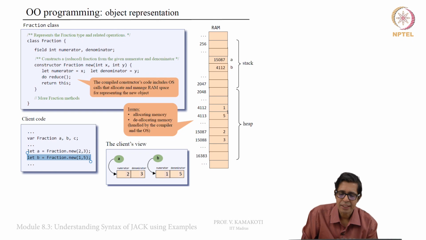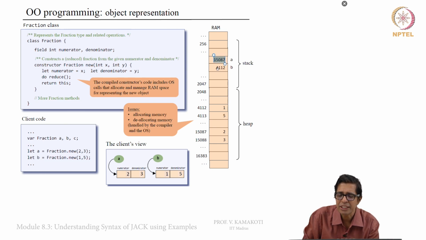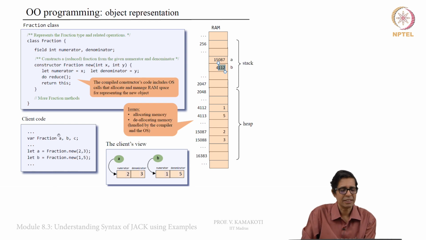Right. And then the moment we say fraction, the moment the compiler encounters a, b and c, immediately for a, so in this case a and b for example to start with, the a and b are allocated a space in the stack and nothing is initialized here. So these things will not be initialized. The moment it sees a, b, for a and b in the stack there are two spaces allocated.